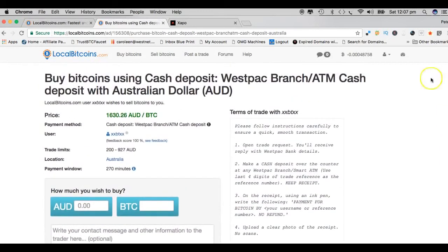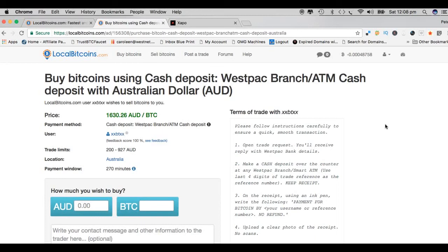That's where you find that information anyway. So once you've decided on that, you simply fill in these particular fields here, how much you want to buy. Put in the dollar amount or the peso amount or the yen amount, or wherever you happen to be. That's where you enter that information. It will then convert that to how many Bitcoins you're going to get, and you follow this process, and that will